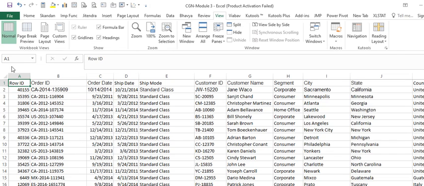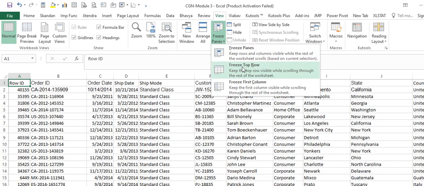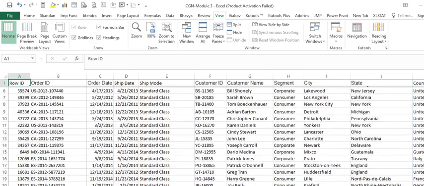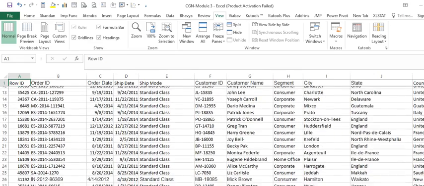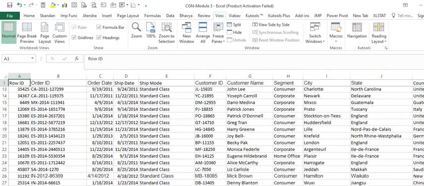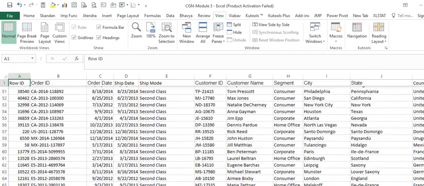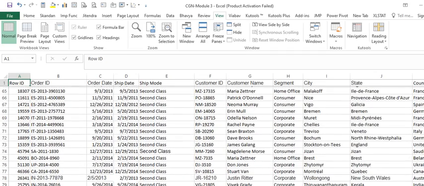So now let me say I'm positioning it here, and I will freeze the top row. You can see that there's a line that is demarcated, and you can see how exactly the titles or the column headers are still displayed even after the freezing.